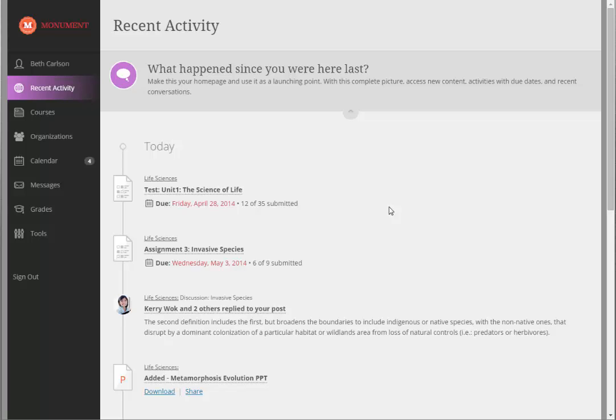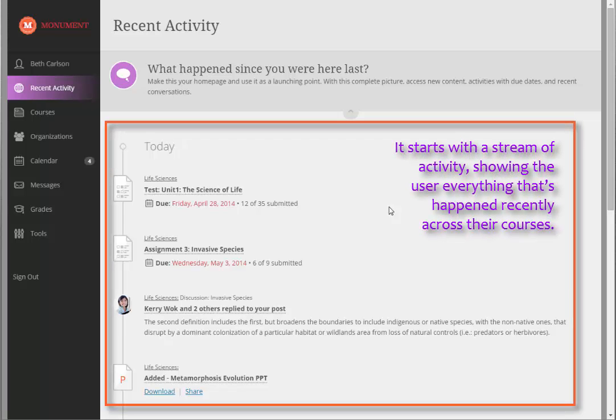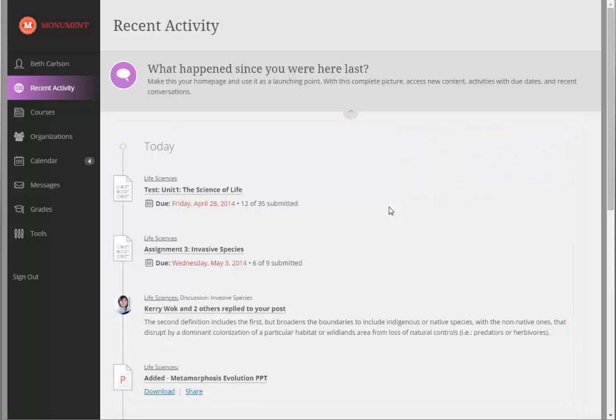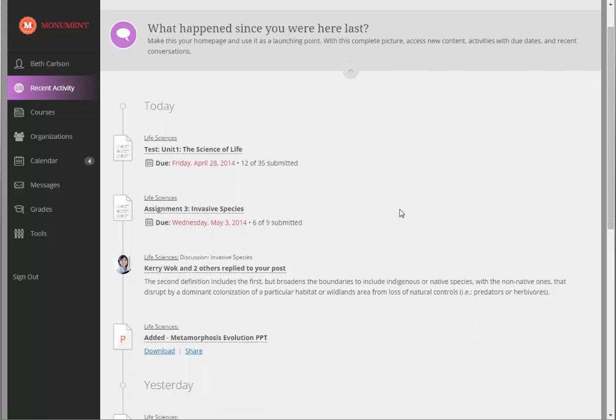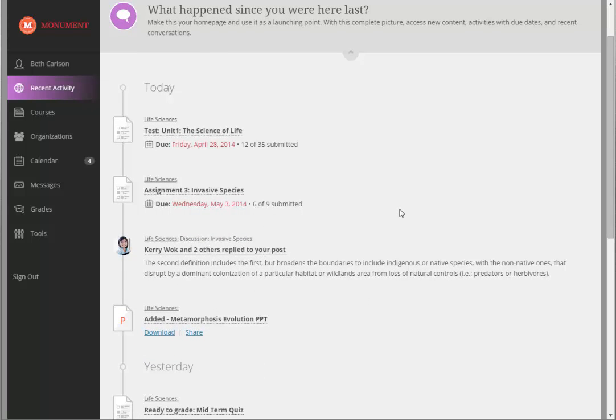So instead of having to hunt across most of my courses to find out what's going on, I am served that information up. And so we like to match that workflow of what the instructor would expect. When I first log in as an instructor, you can see I've got a recent activity stream. This is showing me all the things that are most important to me and that I need to deal with or need to be notified about across my courses for this time frame. And so you can see things like what tests have been submitted by students,